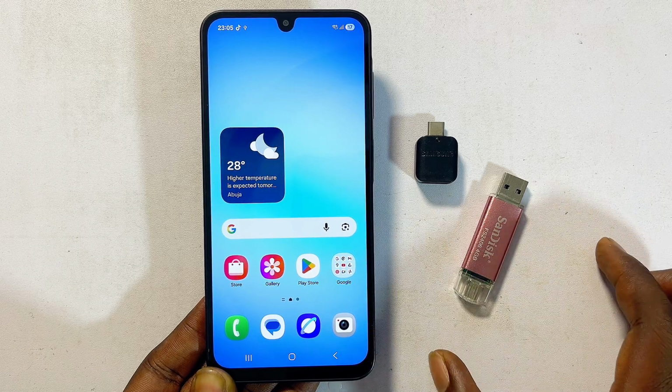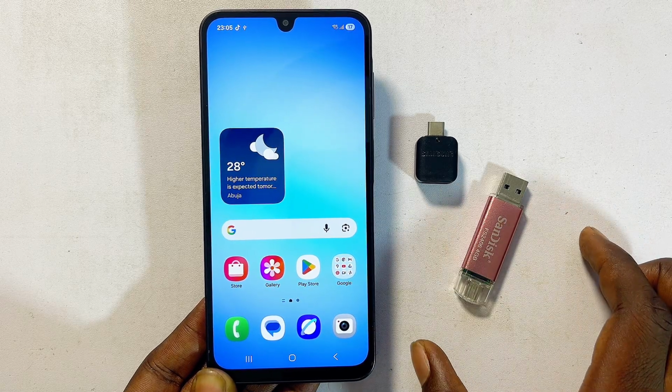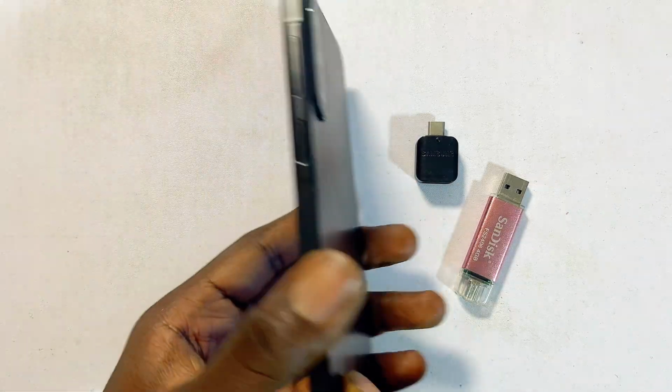Hi guys, in this video I will guide you on how to transfer photos and videos from a Samsung phone